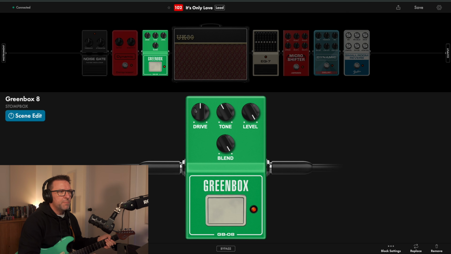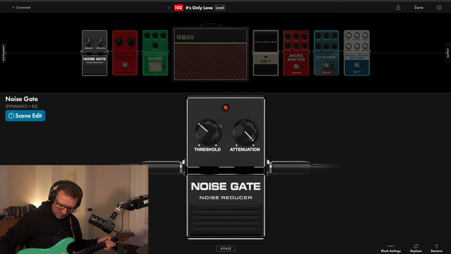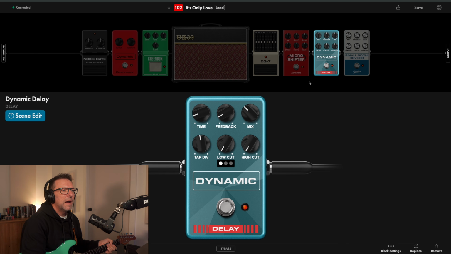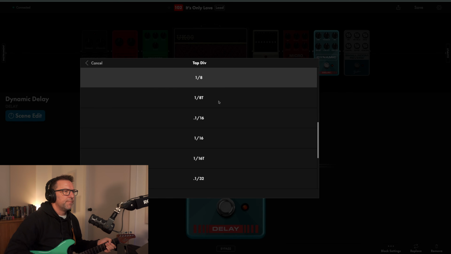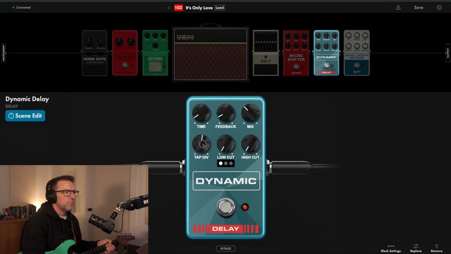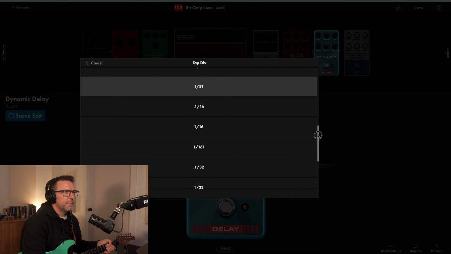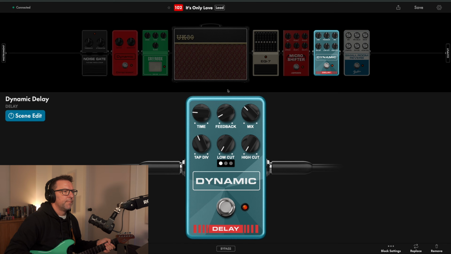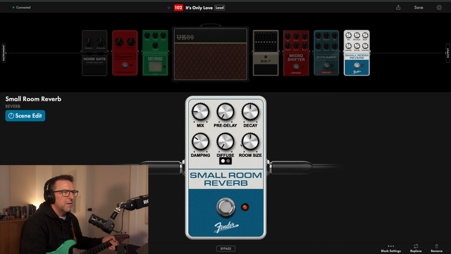This is all using my bridge pickup on this guitar, by the way. I think I used a different tap division. Like, oh, whoops, wrong way. Dotted. I also want to, this is just what I want from this rather than being what's on the record, but